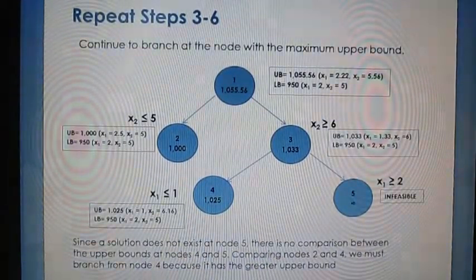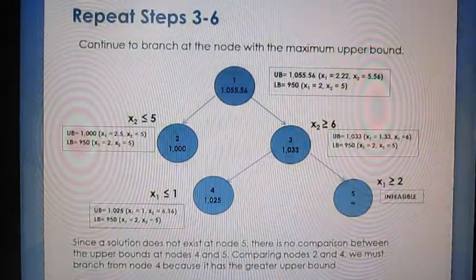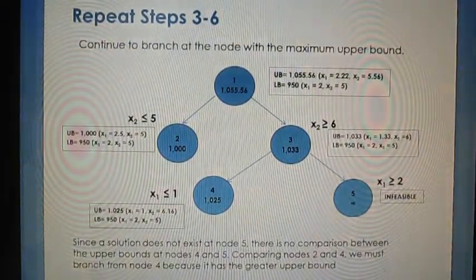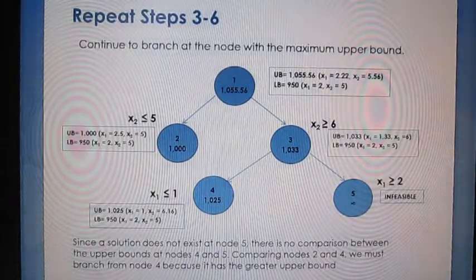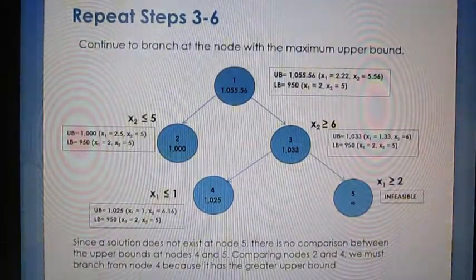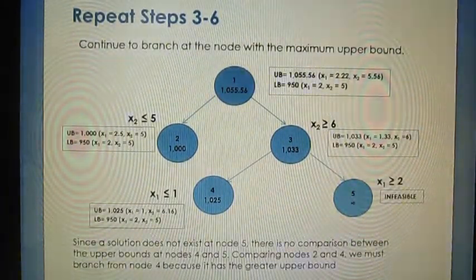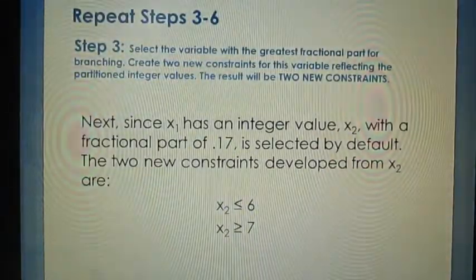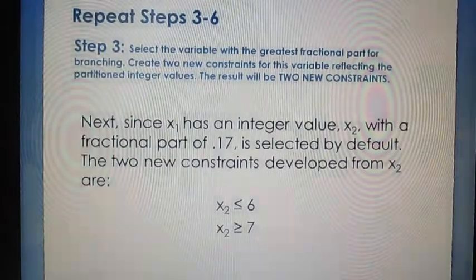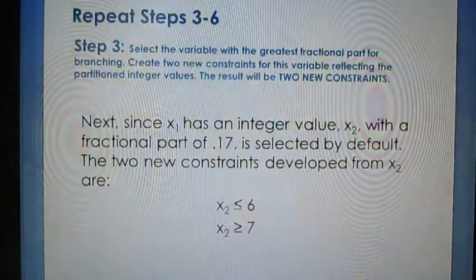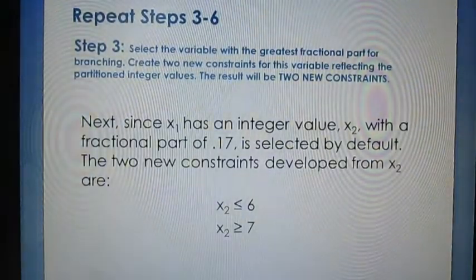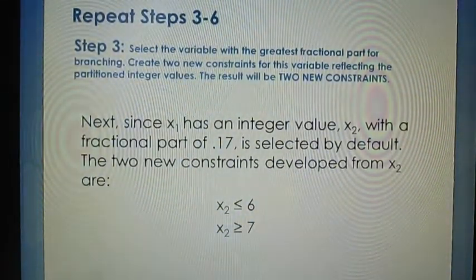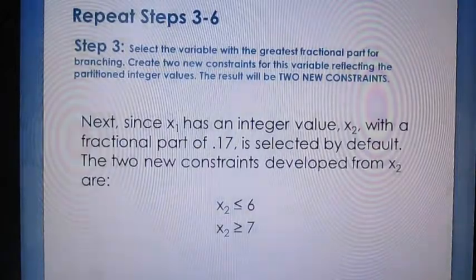Since a solution does not exist at node 5, there is no comparison between the upper bounds at nodes 4 and 5. Comparing nodes 2 and 4, we must branch from node 4 because it has the greater upper bound. So, gagawa ulit tayo ng constraint. Next, since x sub 1 has an integer value, x sub 2 with a fractional part of 0.17 is selected by default. The two new constraints developed from x sub 2 are